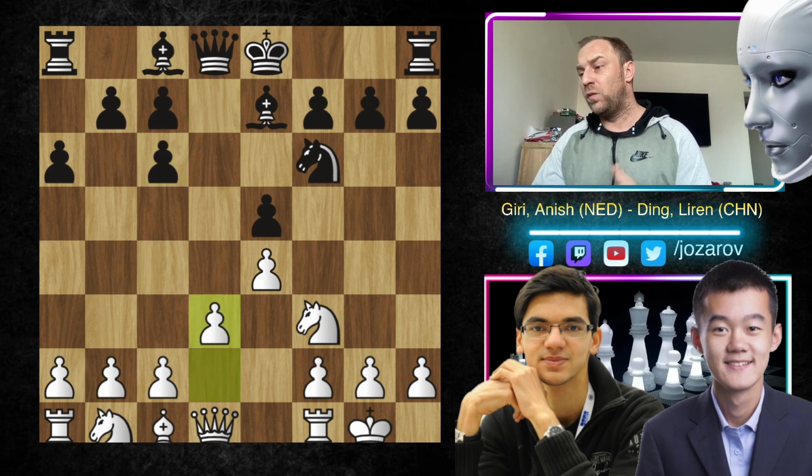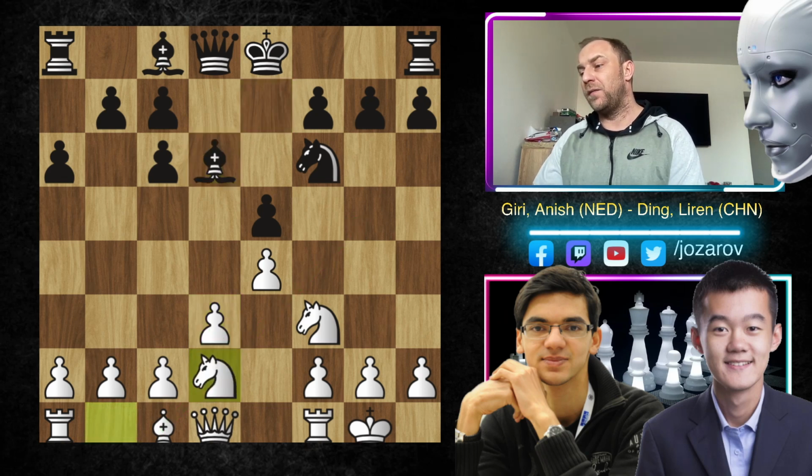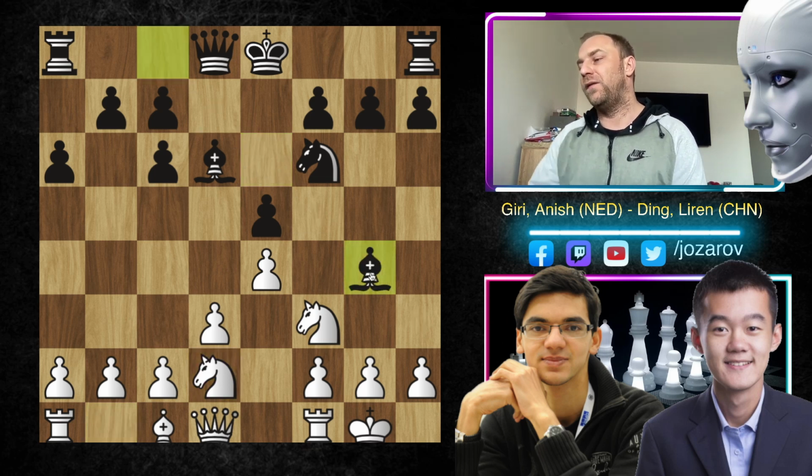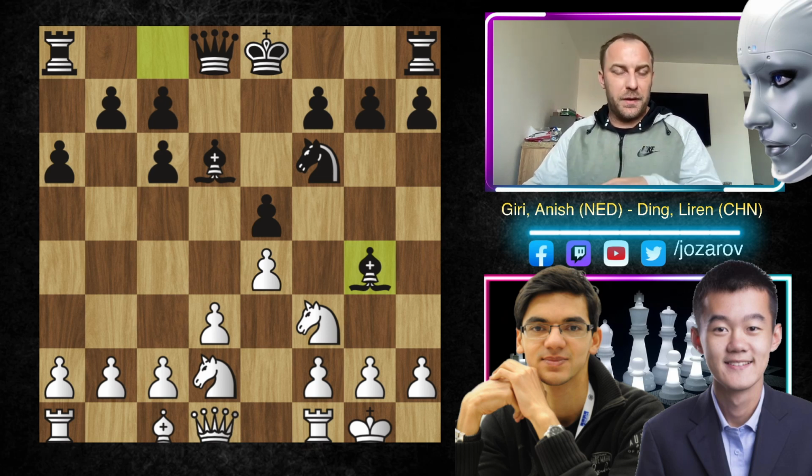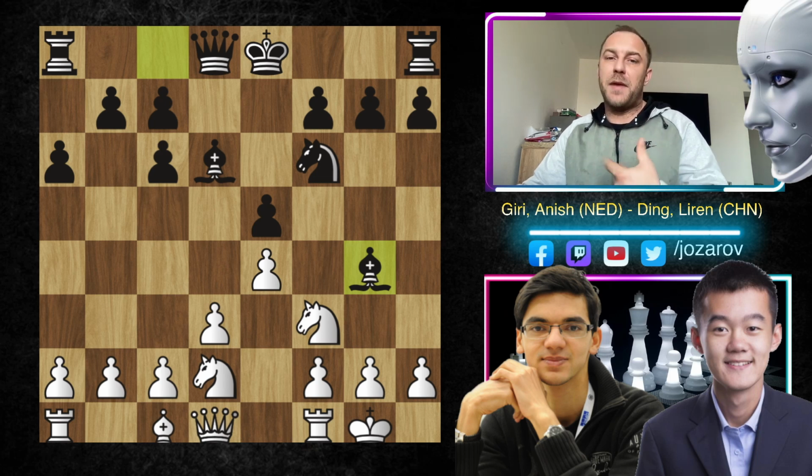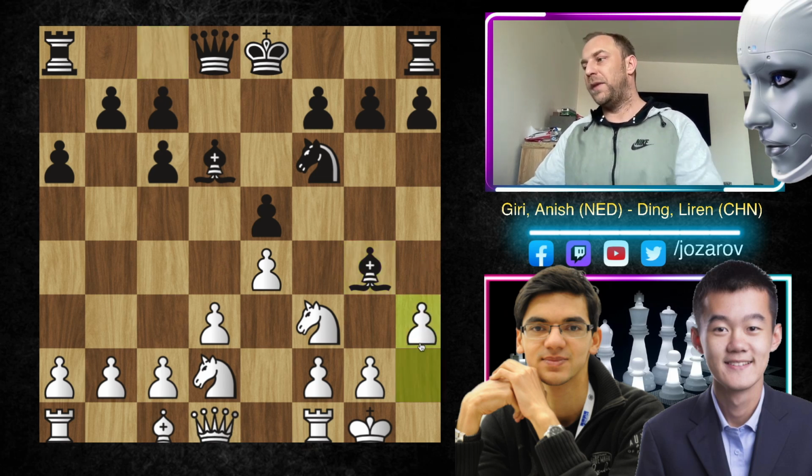So in the continuation, we have d3. Note that this move is not only a protective move, it's also of course liberating the long diagonal for the Dashwood bishop. So bishop to d6 played by Ding. We have knight to d2, bishop to e6. If you try to pin the knight on f3 now, there is, I think, a great defensive maneuver that you can use to get out of this pin very easily without further messing up your pawn structure. I think one of the best ways here is to play the move h3, and then after bishop to h5,